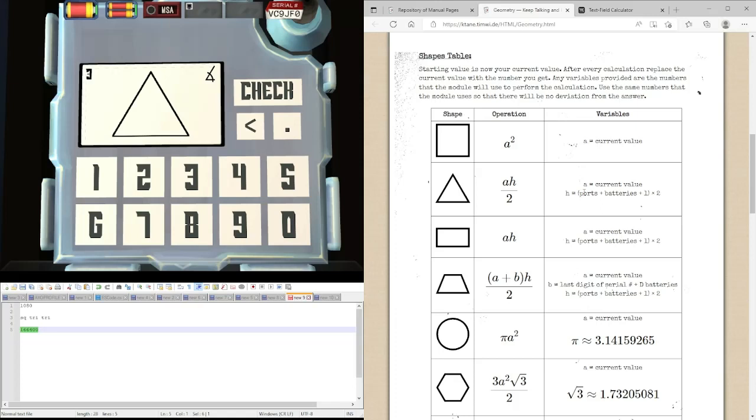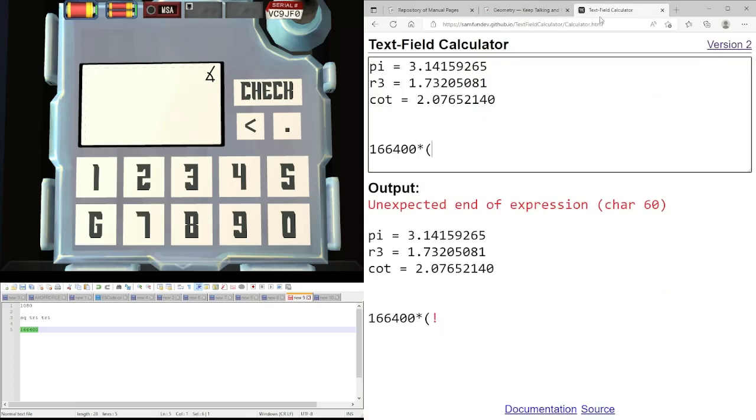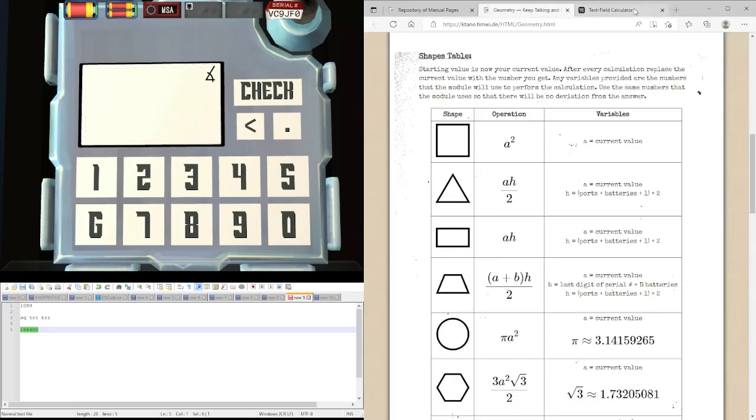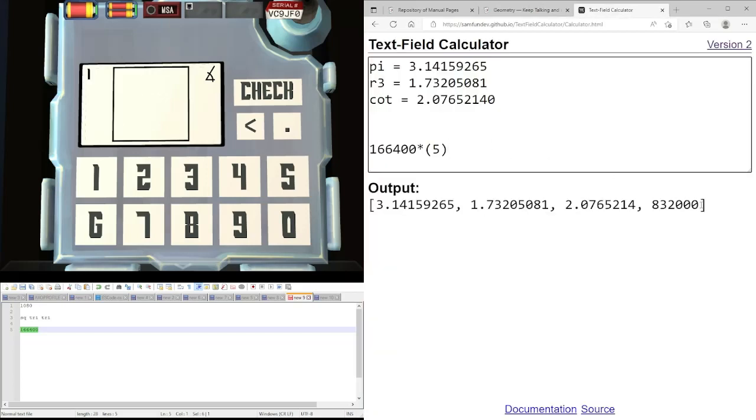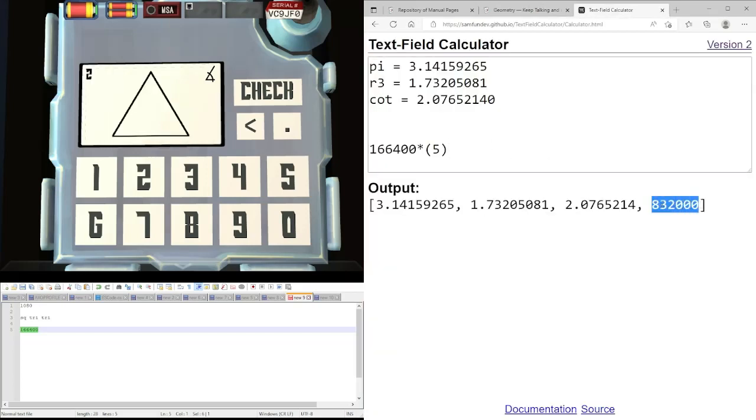The ports is 1, batteries is 3, so we've got 4 plus 1 is 5. And we're going to multiply by 5, because that's all we have to do. Because we multiply by 2 but then we divide by 2, which cancels out. We get this, which thankfully is